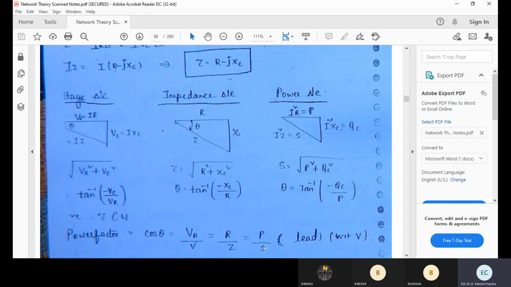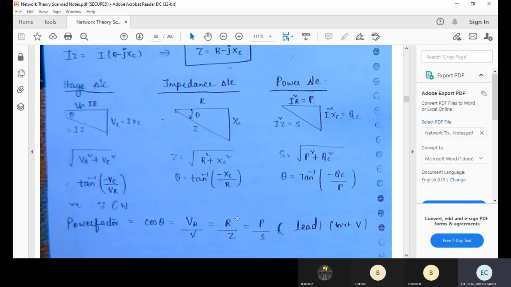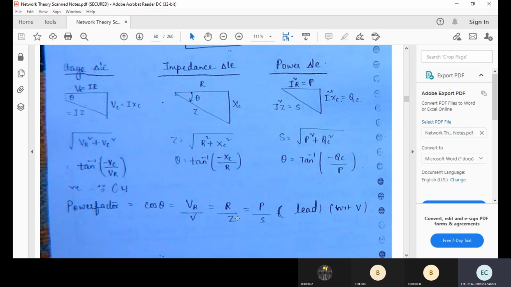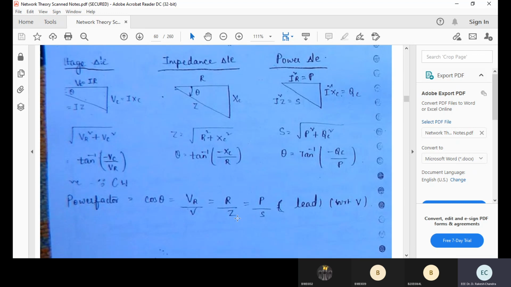What is the apparent power? S is equal to P plus jQ. It is a combination of real and reactive power, which is having a leading power factor. Your RC circuit means it's a leading power factor. The same terms, everything is the same. The only standard thing you have to remember is the same formula you used in your plus 2 level, the complex numbers. If you have Z equal to some A plus iB expression, your theta is equal to tan inverse of B by A, tan inverse of imaginary component by real component.